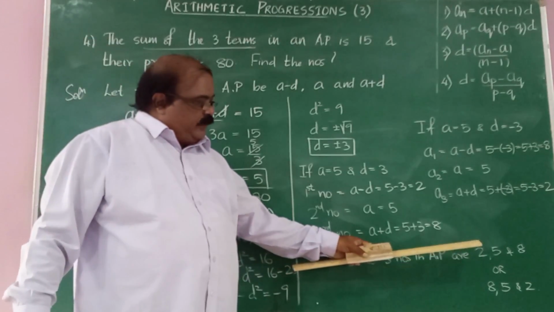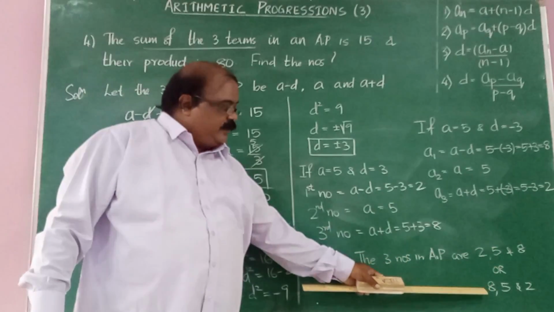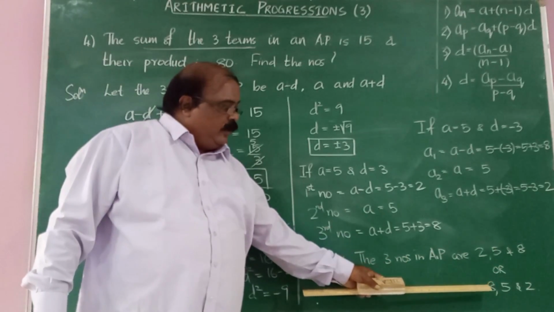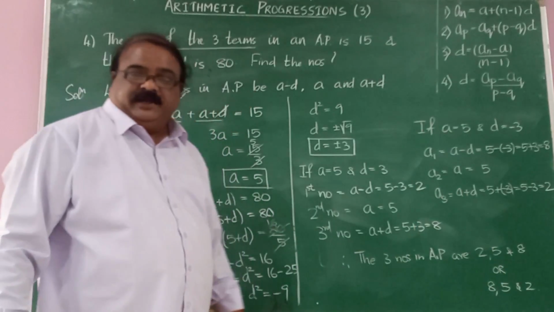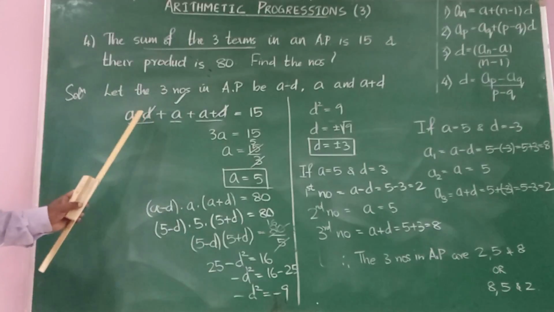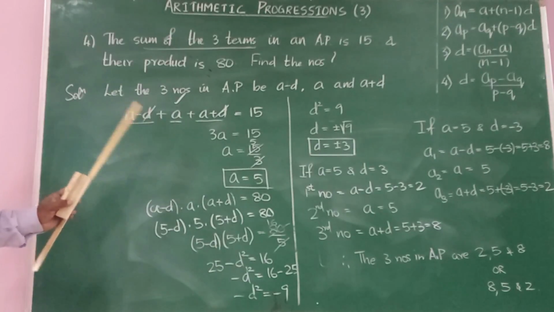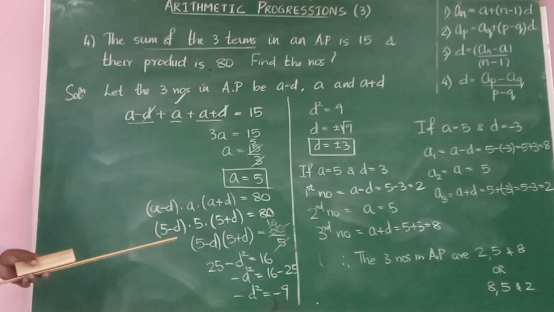This is an arithmetic progression where your first term is 2, common difference is plus 3. This is also an arithmetic progression. Your first term is 8 and your common difference is minus 3. Okay, so this is a very important sum, very often asked in annual examination, either as a 3-mark question or